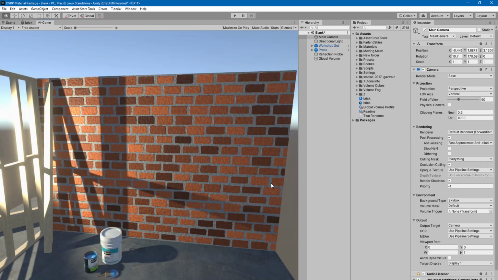Hello everybody and welcome to another shader graph tutorial. In this tutorial we are going to look at this procedural brick texture, which you can change some stuff